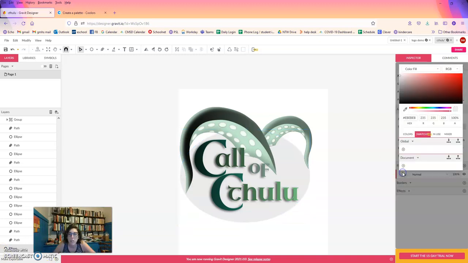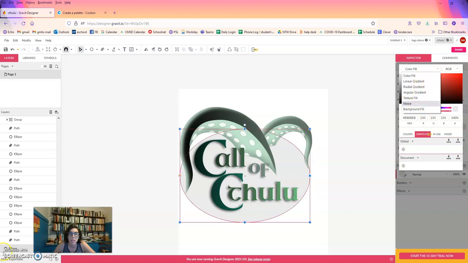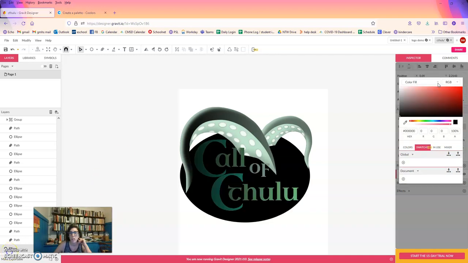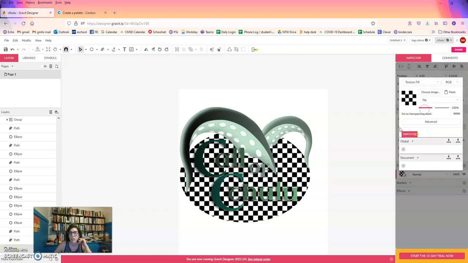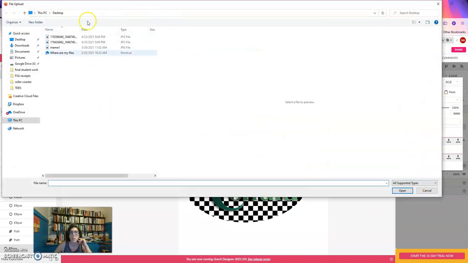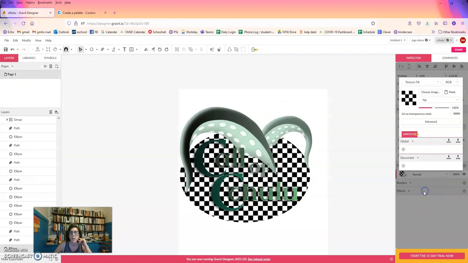And when I click here for the color, you can see that there are also some options up here to fill with a gradient, noise, background, texture, all these options. So let me show you what I'm going to do. When I click texture fill, it has this default weird checkerboard thing. And I'm going to instead click choose image, and that'll take me to where I can open up an image from my desktop. And I'm going to find a royalty-free public domain wood texture image based on that lesson that